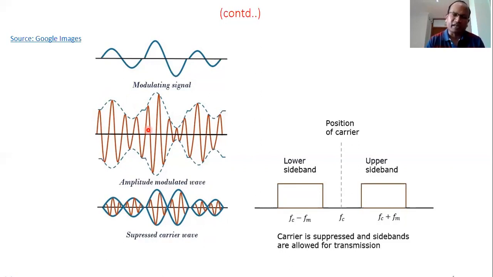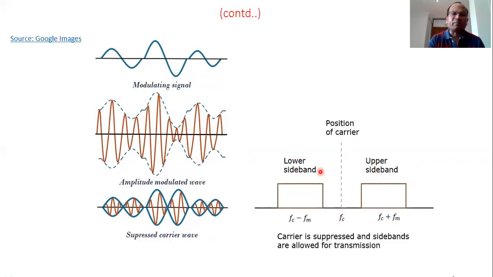Now we do not want to send the carrier. Look at this diagram. When we draw the frequency spectrum of an ordinary or full AM signal, how many components do we get? We obtain 3 components: the carrier, which is always located at the center, and 2 sidebands. Beyond FC there is the upper sideband. This will start from FC, but this is just to explain in a simple way that the upper sideband is beyond the carrier frequency. Otherwise, it begins from FC only.